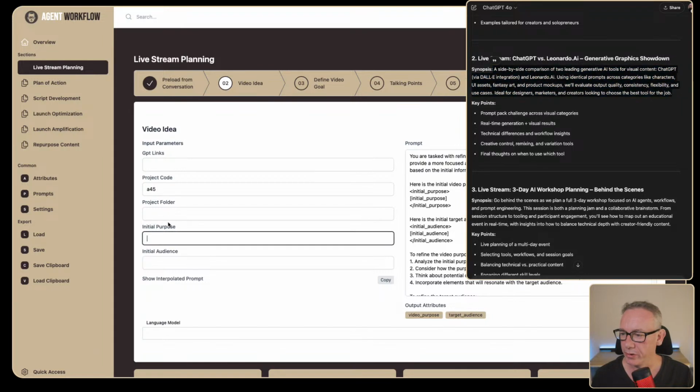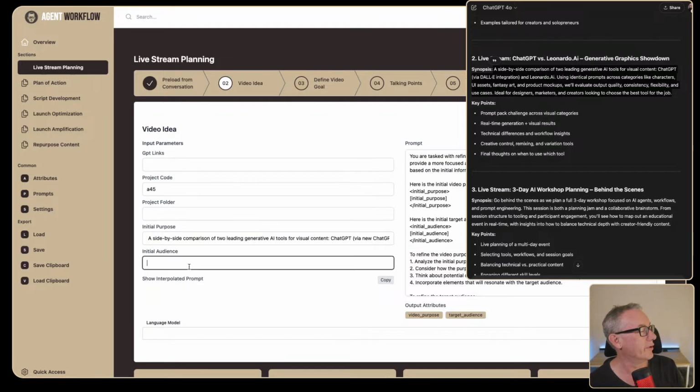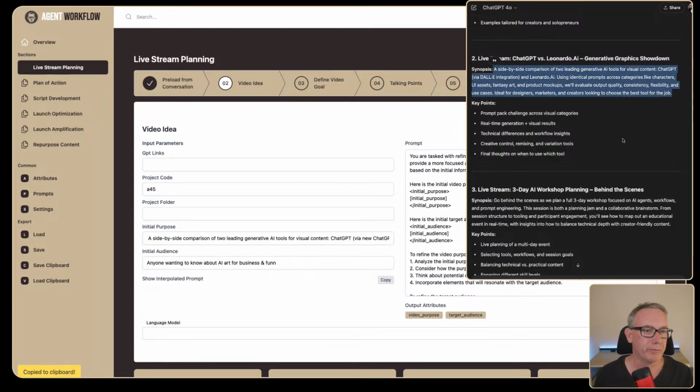I also want to make sure that when we do it, it's not DALL-E 3 via the new, I don't know whether they call it DALL-E 3 actually, via the new ChatGPT image generation engine. We'll call it that. And our initial audience will be for anyone wanting to know about AI art for business and fun, I guess. Something simple like that. Well, broad, I guess.